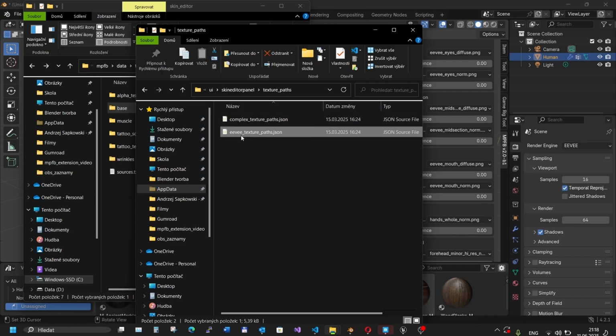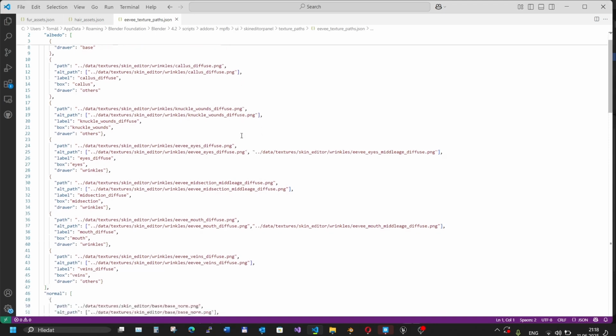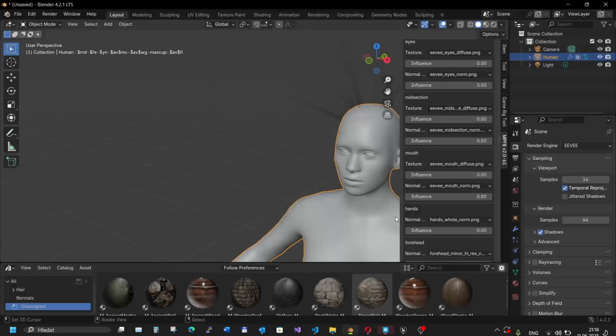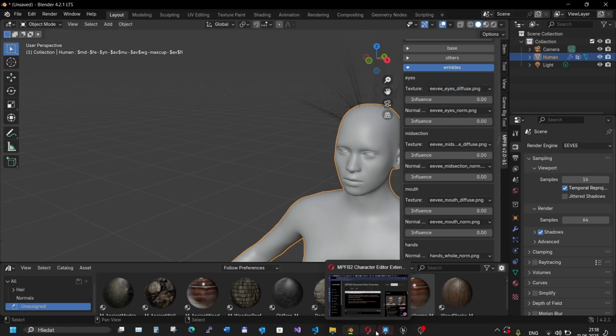Let's say we want to add that to EV texture paths. And now, in case we would like to add a different texture for the eyes, like here we want to add a third wrinkle texture,